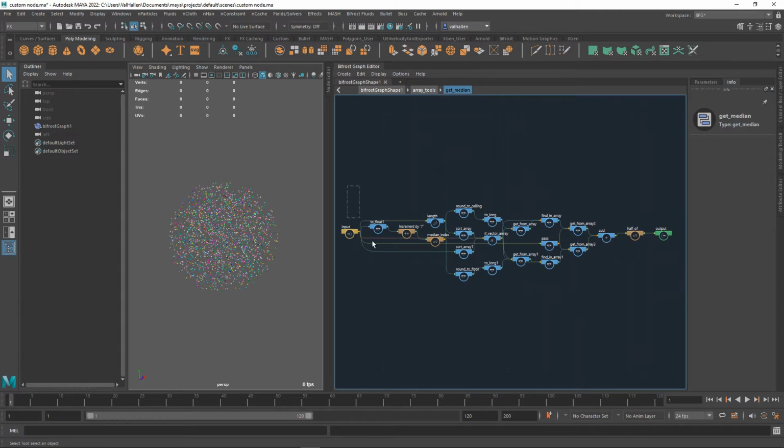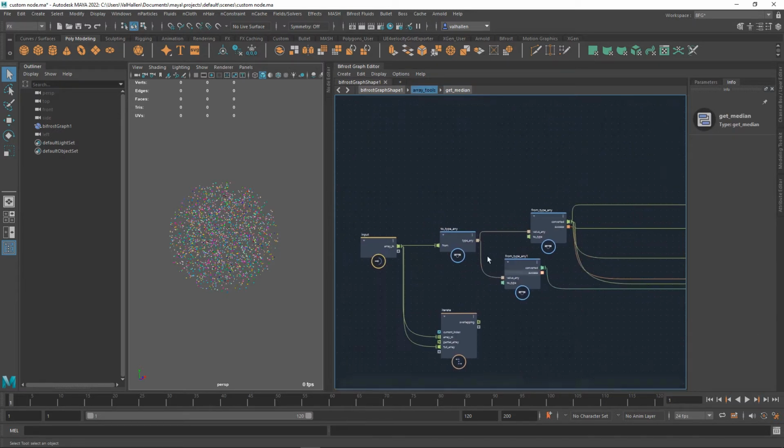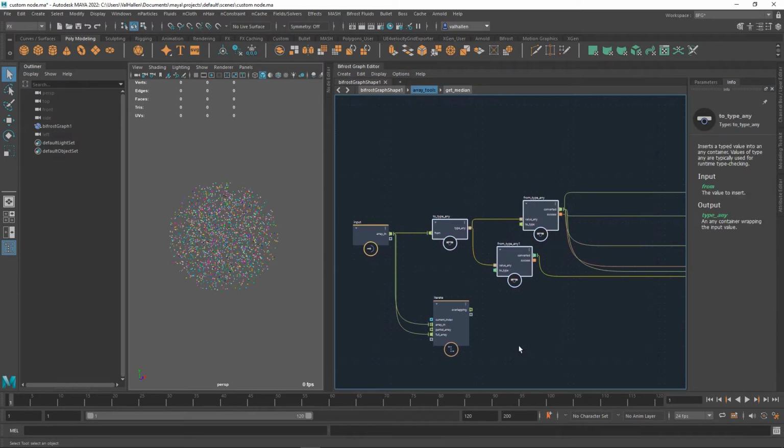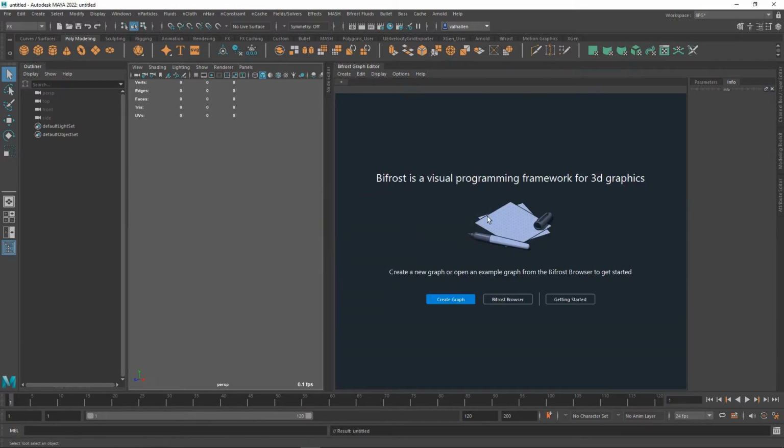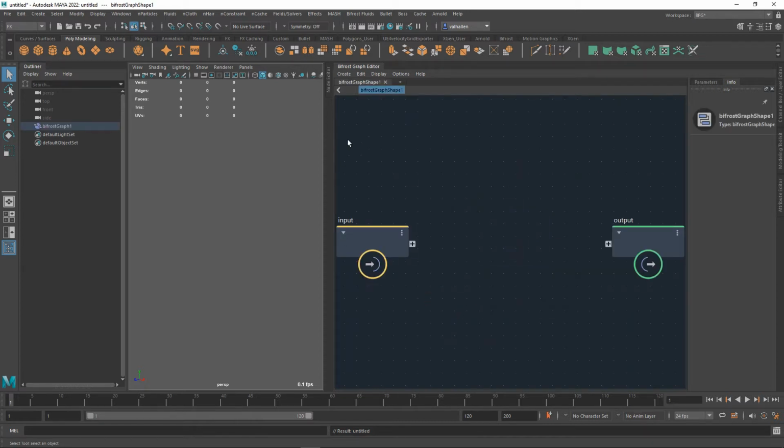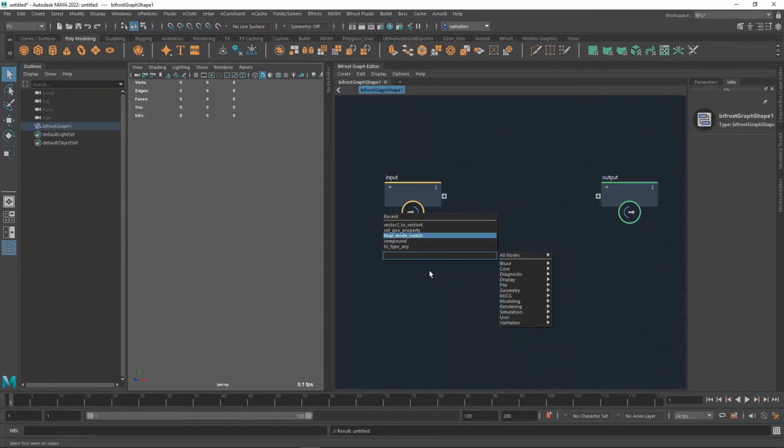But just for example, this is what it takes to get a median value out of an array. In fact, this plus this stuff and then loops and yeah. So what I thought, instead of that, which was the original idea for tonight's video, I was taking you through that, but I ran into something that might be a better thing to show you, which is, let's just really quickly, if I throw down a value